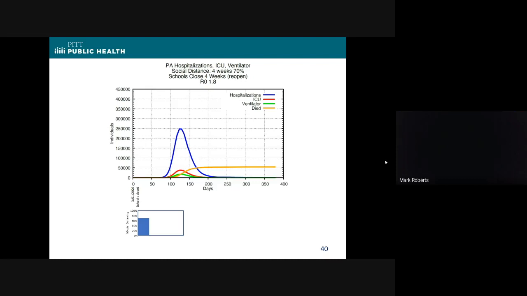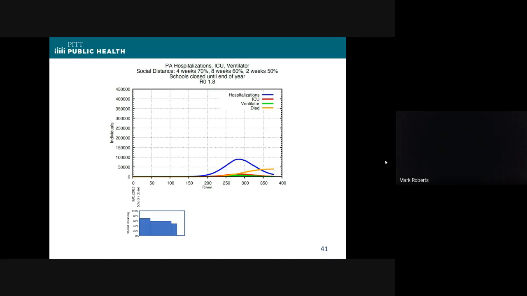This is what would happen in the state of Pennsylvania if you only did social distancing for 4 weeks, which was the original intent to open up the economy by Easter. And our estimates are that if you do it for 4 weeks and then take it down to 0, you'll still get 250,000 hospitalizations as the epidemic takes place after you release social distancing. But if you keep social distancing on for longer, here's another example. The little graph at the bottom is how long you keep a certain amount of social distancing. You can delay and lower the peak substantially, and that is a good thing.